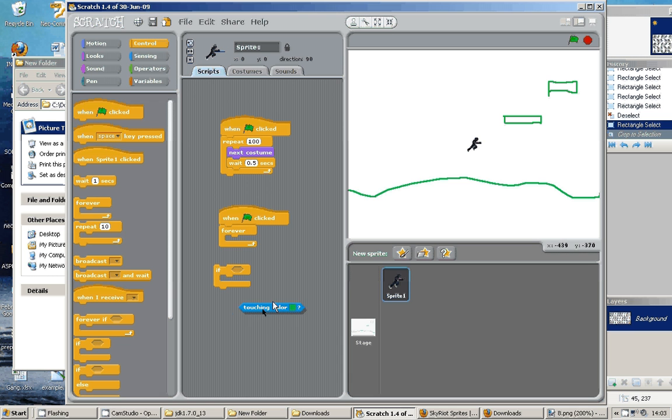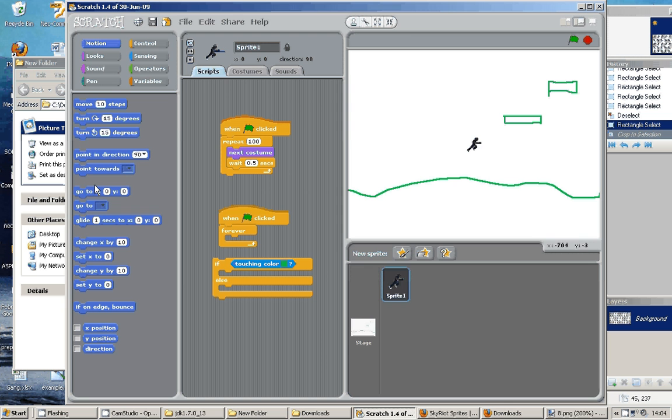If he's touching the green, he's fine. If he's not touching the green, he's falling. So we need an if and else statement there. So if he is touching the green, we're happy. Nothing's happening. Otherwise, he's not touching the green, so he should be falling down. So let's change his motion. And we can go